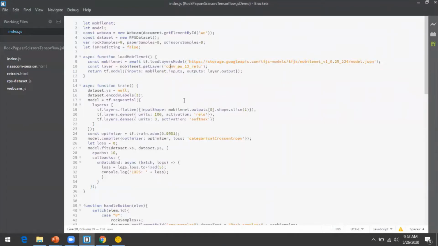And for training, after this layer, we are going to add a dense, fully connected layer of 100 neurons. And the last layer is going to be a softmax layer of 3 neurons for our 3 classes of rock, paper, scissors. We are going to train the model with the categorical cross entropy with the ADAM optimizer.